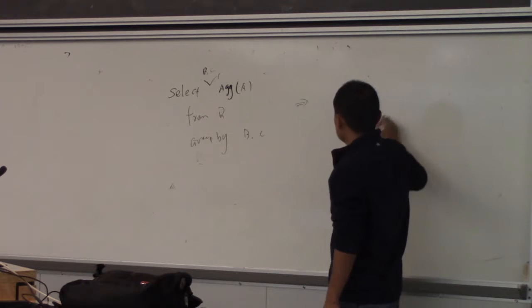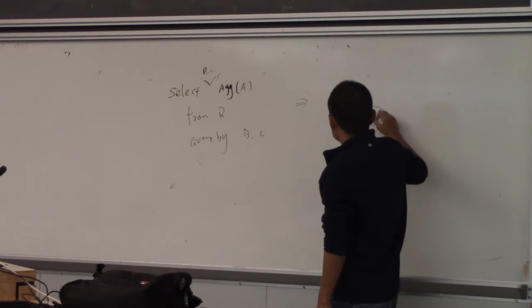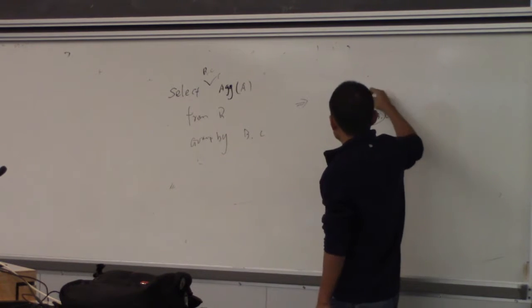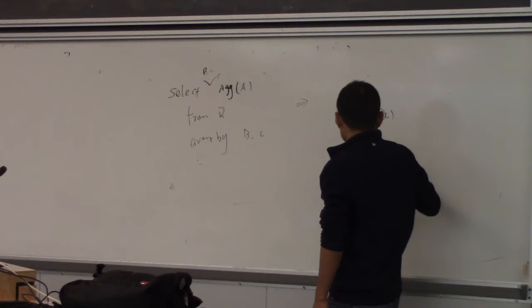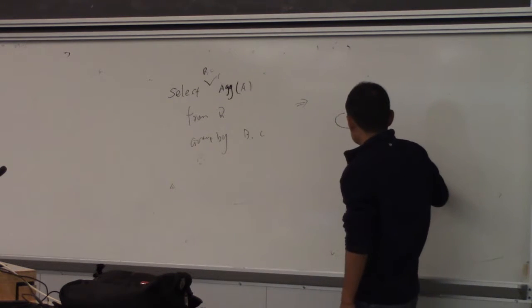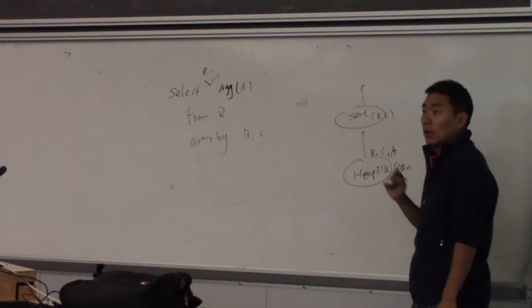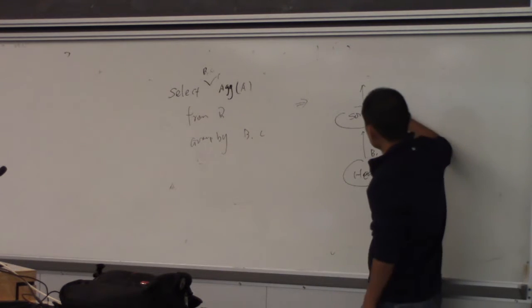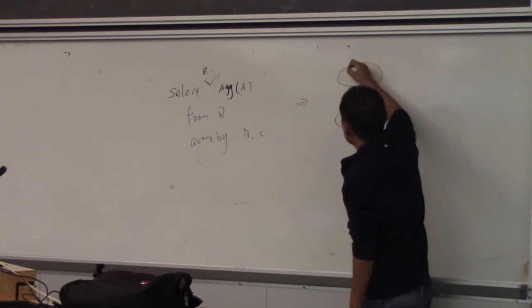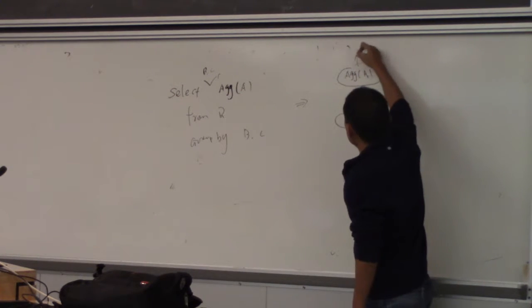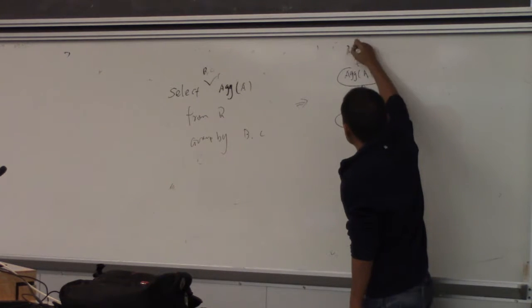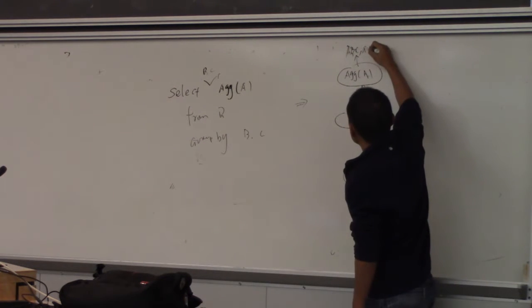The query plan for this is sort, of course, by B and C. Now here I skip the heap file scan, and I output B and C here. Of course, I need to output A as well, in order to do the aggregation on A, then sort by B and C. Then here I do aggregate of A, and then I output B, C, and